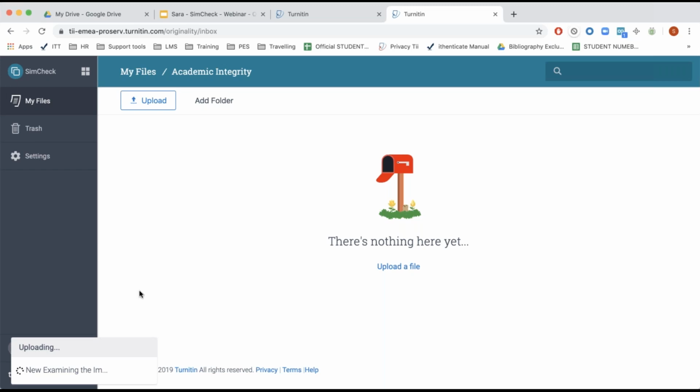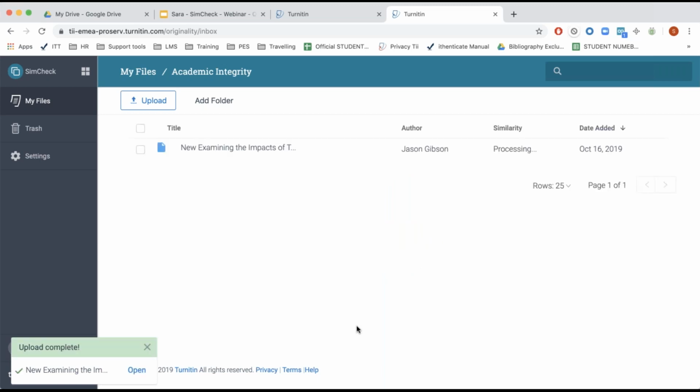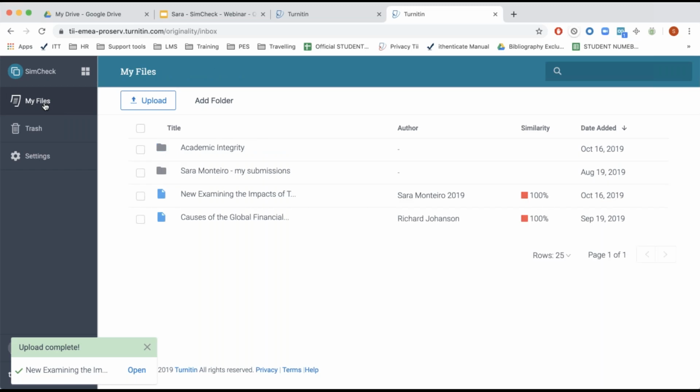Again, on the left side over here, it's just mentioning that it is uploading the file. If I wait for a couple of minutes, well, just a few seconds, you can see that it is processing. In a couple of minutes, I will have the result for my similarity report. There we go. So what we did now was submitting a file directly into my files and creating a folder to submit a file over there. If I go back to my files here,